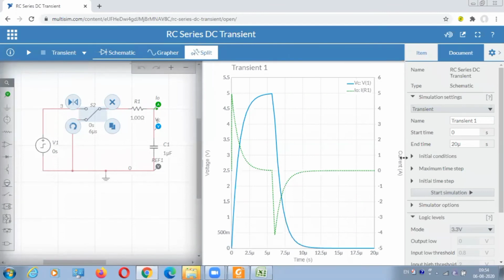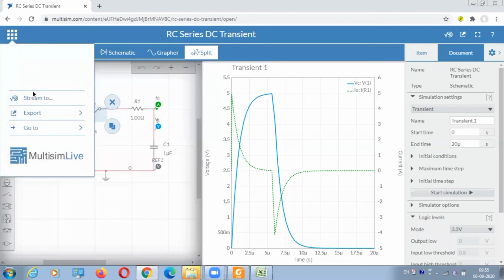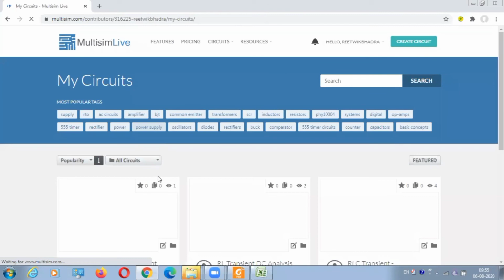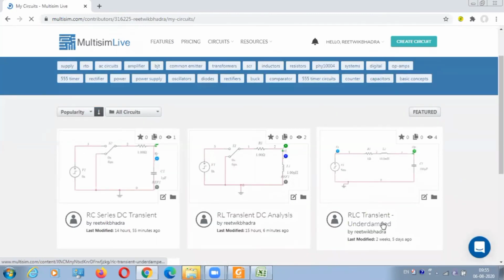See, over here again current this axis, voltage this axis. So voltage is basically, I'll follow the blue color. So starting from 0, positive envelope. Current negative, positive in this case, negative in the second one. Okay. So by simulation and theoretically all are coming same. Now if you go to the next circuit, we'll go to RLC transient.